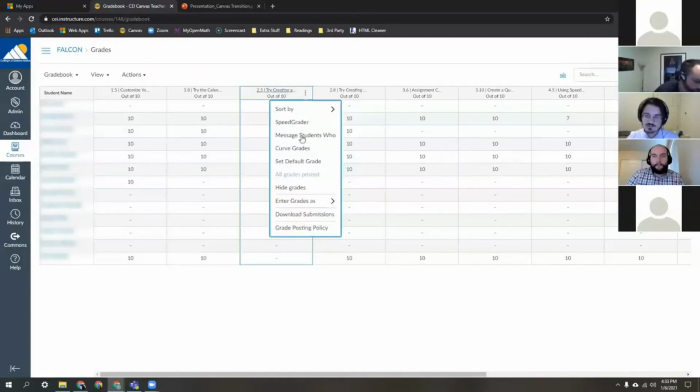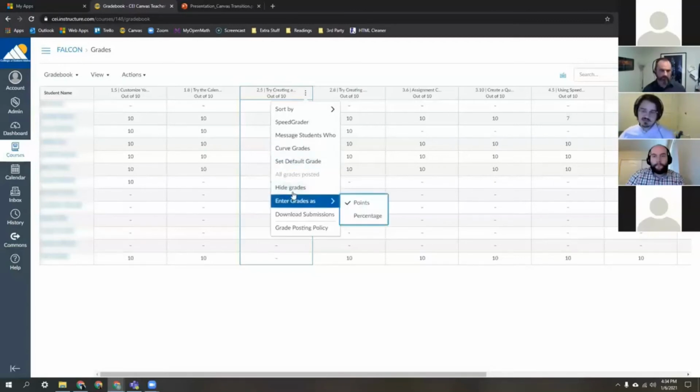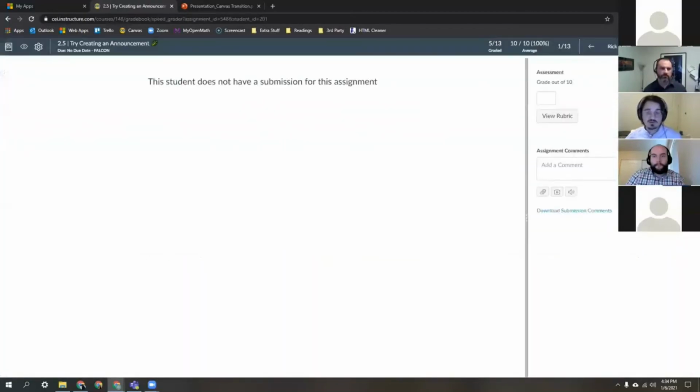There's lots of great options. If you click on the top, you can curve grades. You can message students who have scored below a certain percentage, or students who haven't completed this assignment yet, and it will send them an email with whatever you put in so that they know. You can set a default grade, which means, if this is an attendance score or something, you can just give everybody in the whole class 20 out of 20 and then put in zeros for the people that didn't attend, or a participation grade. Lots of options there. And you can get to the speed grader, which is where you'll actually do the grading